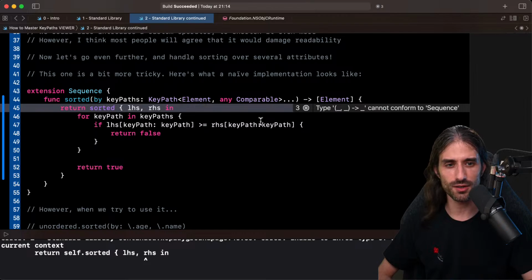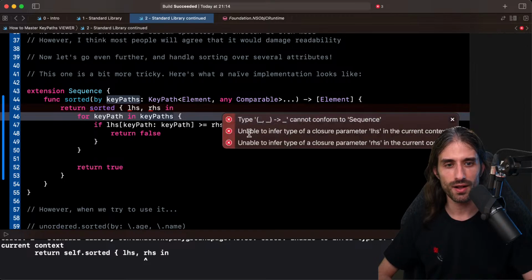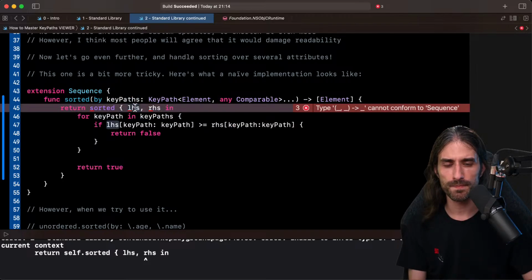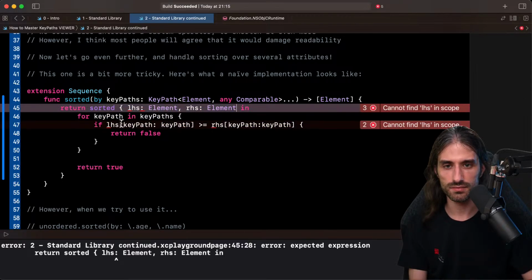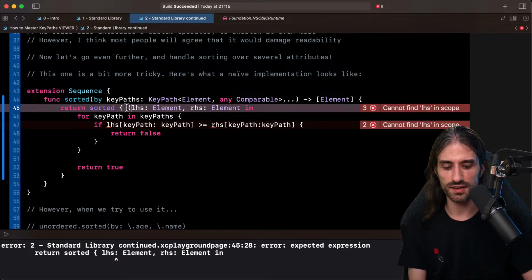Usually this kind of cryptic error is because we've done something that messes up the type checking, but in a way where the compiler, okay, it's because it's unable to infer a closure. So maybe actually I could just say, okay, this is an element, this is also an element. Let's see if it helps. Oh, and then when I do that, I need to put parentheses.